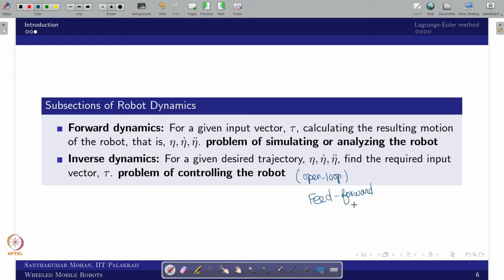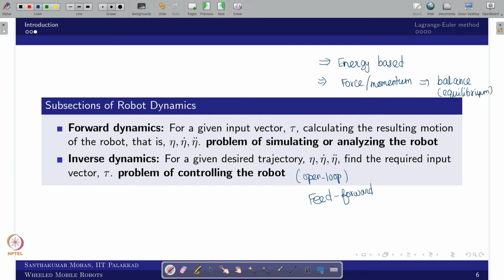There are several methods. There are two popular methods in robotics which we commonly use. One is based on energy. The other one is a simple force and moment based, or momentum based approach, in the sense it is a balance approach, or you call equilibrium based. So the other one is energy based.